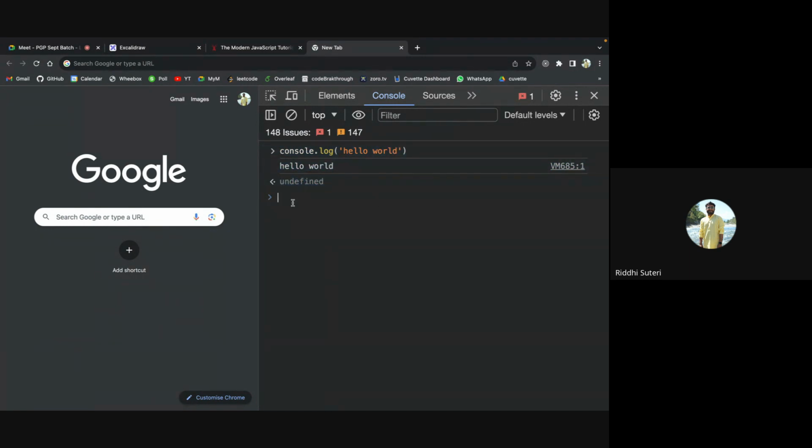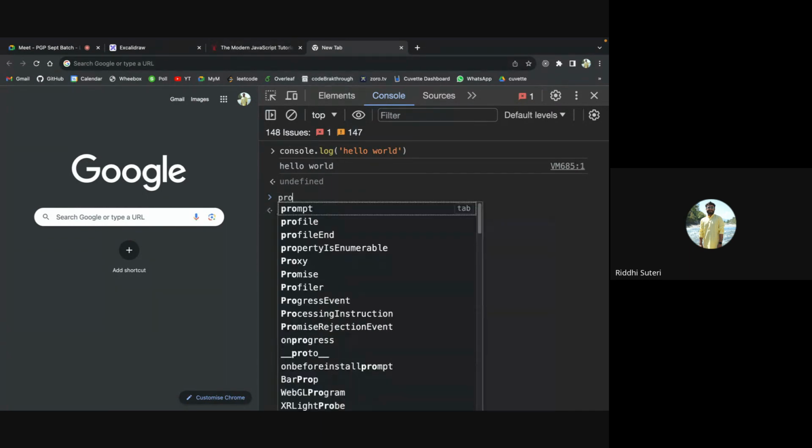Anyways, so yeah, with console.log you can print, but you want to take an input, right? You obviously cannot take an input from the console right now. This is not possible with JavaScript in the browsers. You can take an input from the browser's prompt, something like a pop-up.